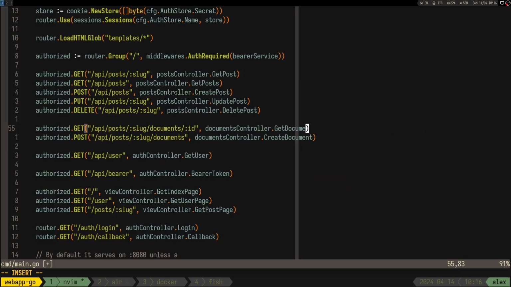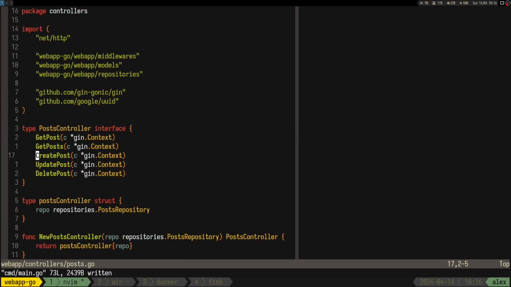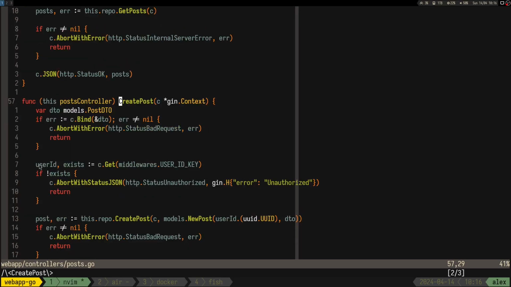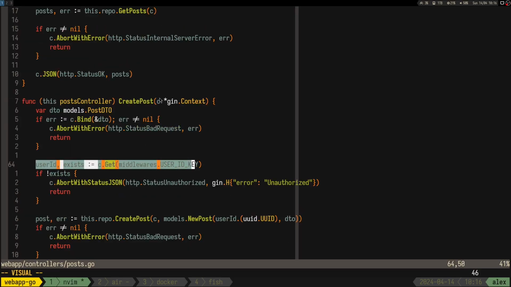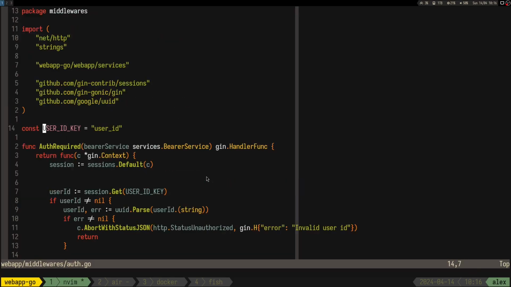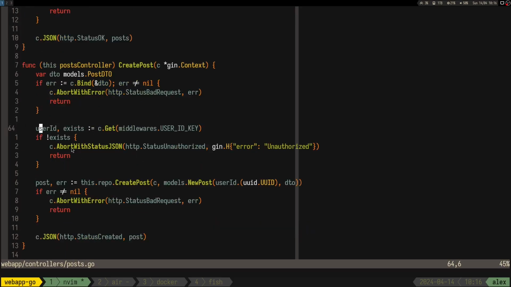Get document. Oh yeah, and maybe the only thing I don't really like, let's say when we do create post, for example, I'm not sure if it's possible to do that, but how I'm getting the user ID is from the context, from the Gin context. So I'm saying get the user ID key, and the user ID key is the user ID. So this gives us the user ID. And what I don't really like about this is,